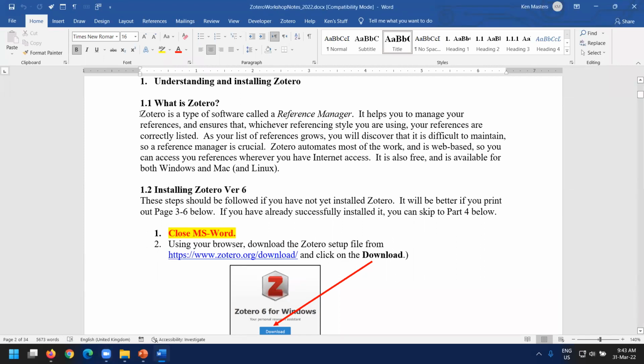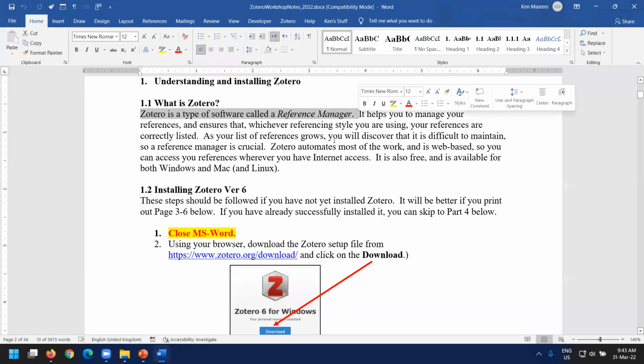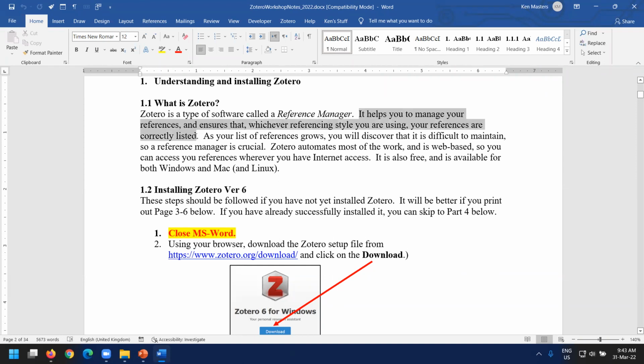So Zotero is a type of software called a reference manager, all right? And quite simply, it helps you to manage your references, and it ensures that whatever referencing style you're using, your references are correctly listed. Now, if we just stop there, those of you who've been doing research,